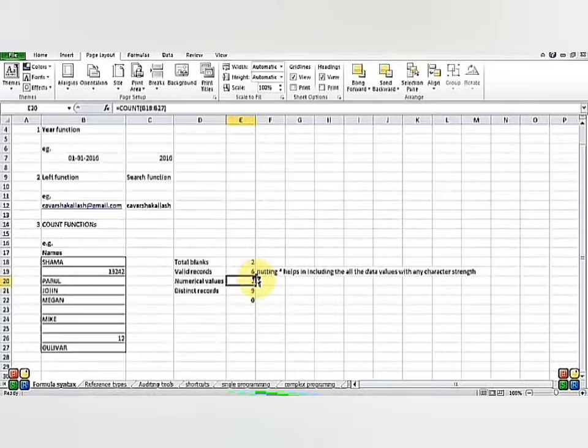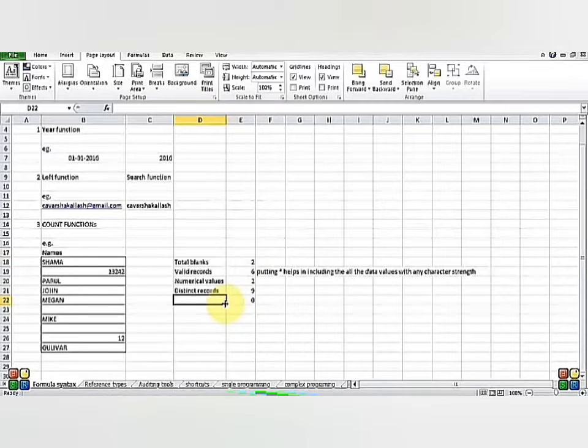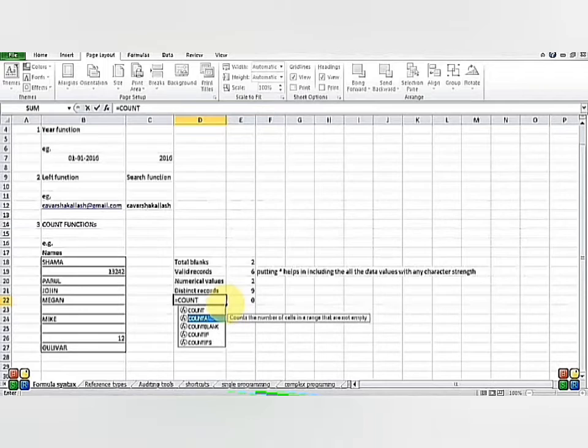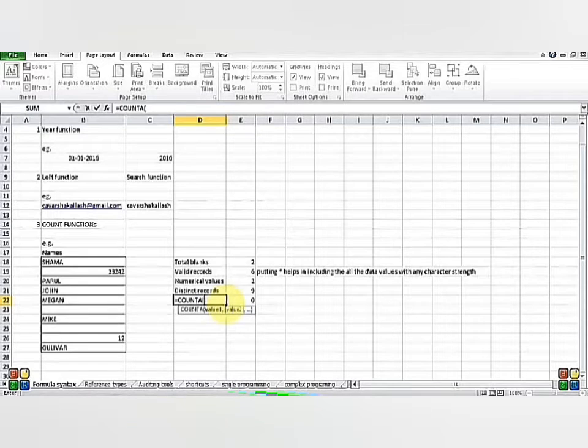Now we come to the COUNTA function, sorry. What does COUNTA say? I have applied it here, equals COUNTA. It calculates the number of cells that are not empty.